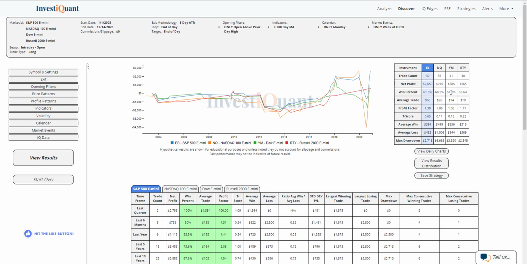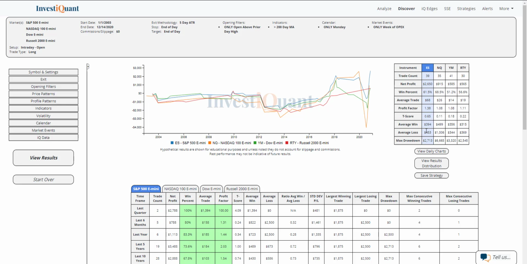So all four of these have closed above the open at least 50% of the time. With NASDAQ being the strongest, being 69% of the time, it has closed above the open. But as a group, it does look like it has skewed a little bit more favorable here on this unique day and opening location. If we take a look at the average win to average loss,